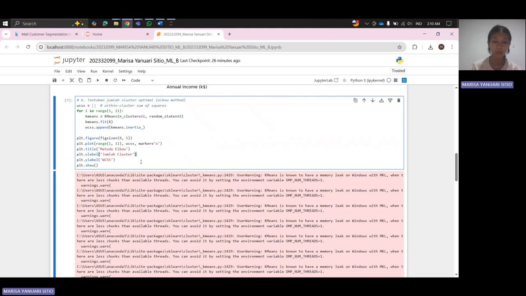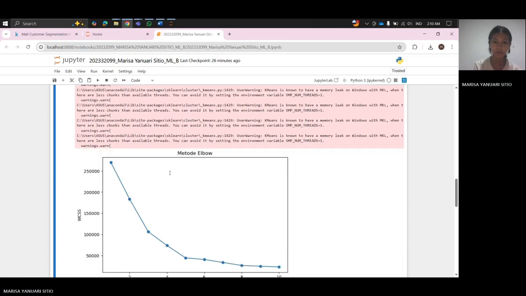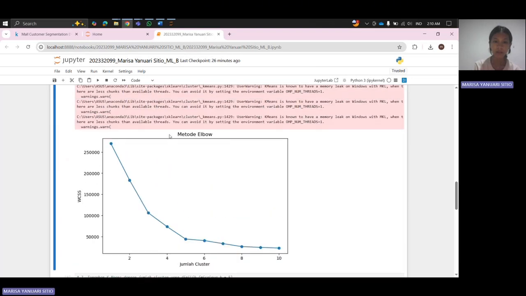WCSS, within cluster sum of squares, measures how tightly the data points are clustered around the centroid. K-means inertia gives the WCSS value for each K. Okay, this is the output of the elbow method.